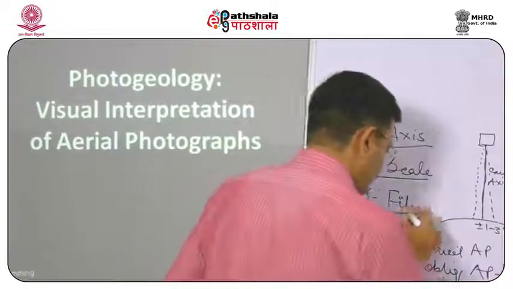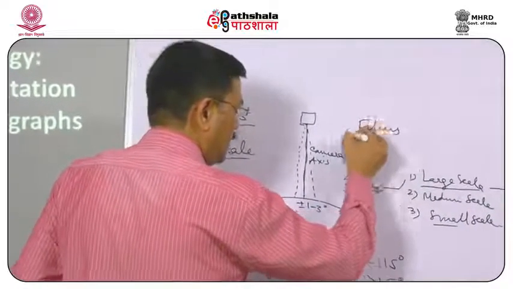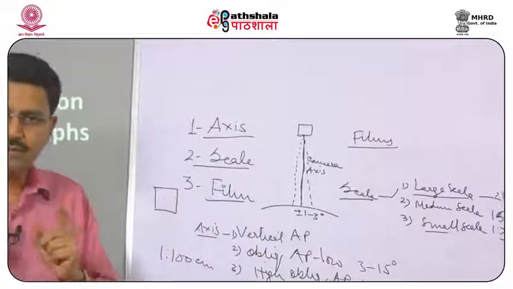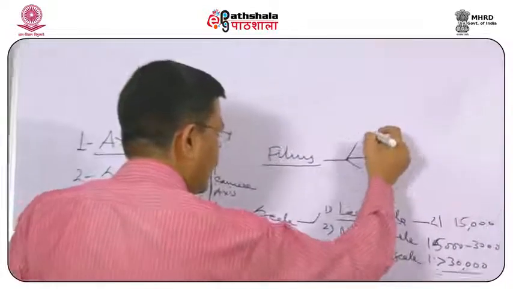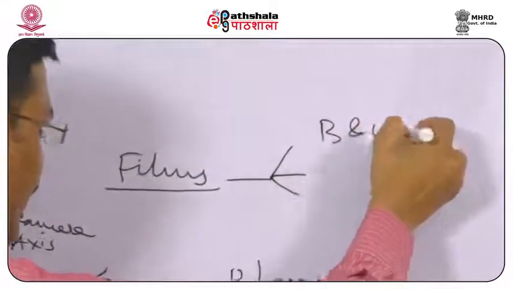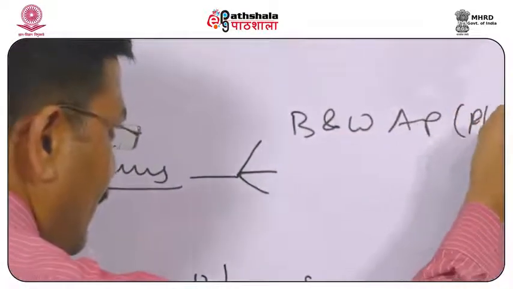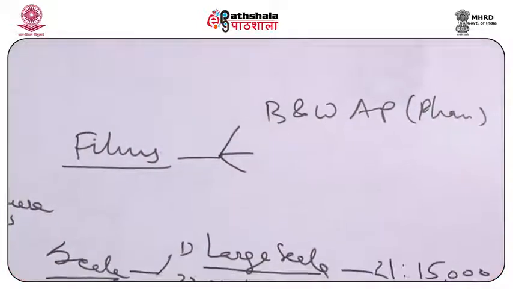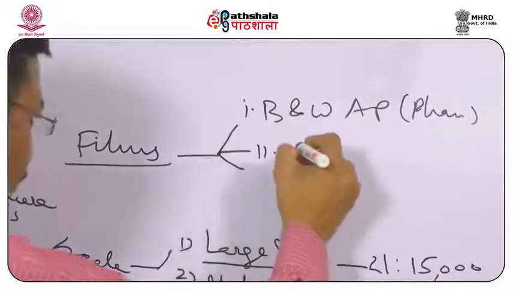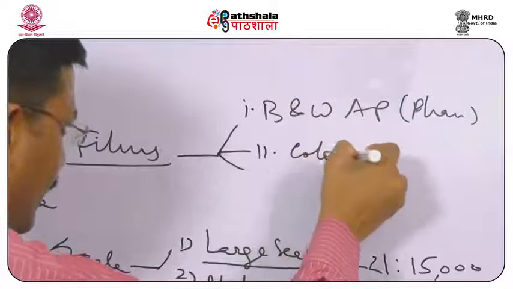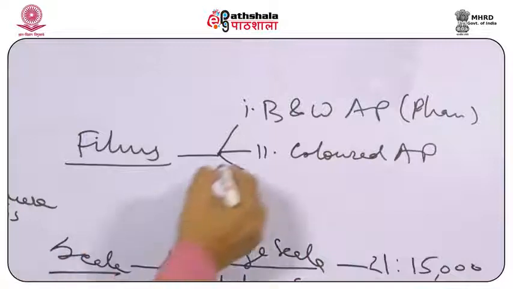Now, third, that is the film. Again, on the basis of film, we can classify aerial photograph into 3 categories. Number 1, which is a very old one, the black and white aerial photograph, that we call a panchromatic photograph or panchromatic satellite data. Second we call a colored aerial photograph, AP designates aerial photograph, and the third